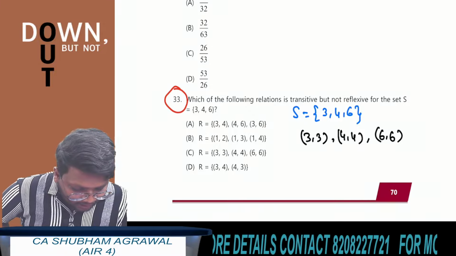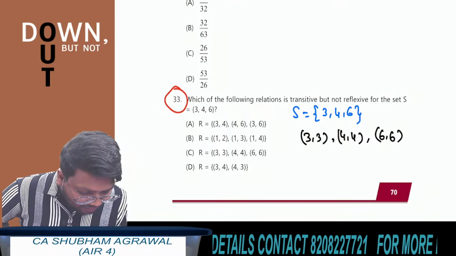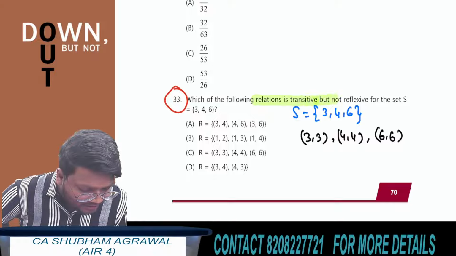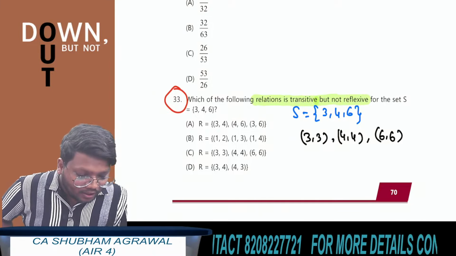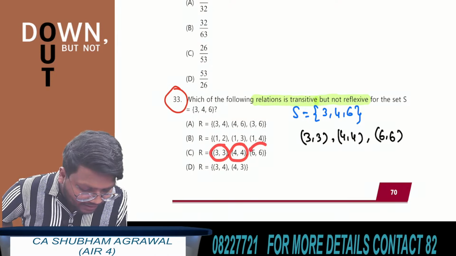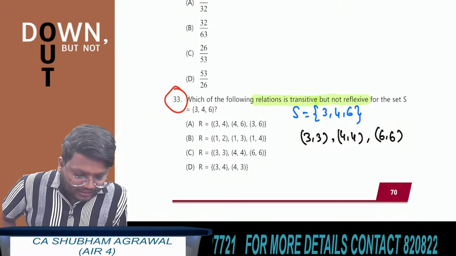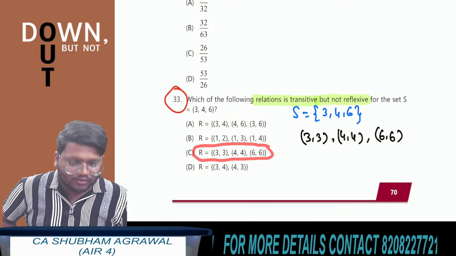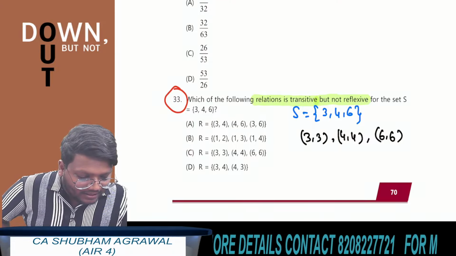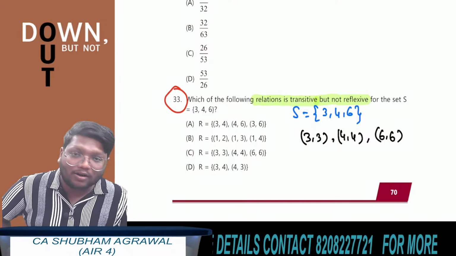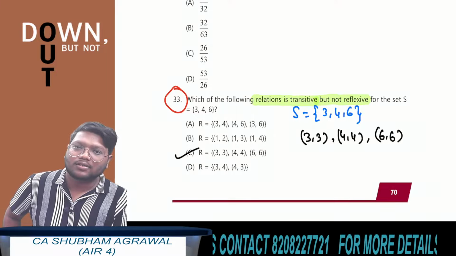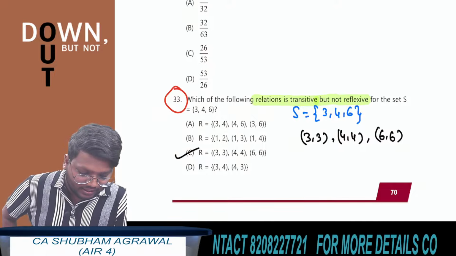Now see what they have asked: which of the following relations is transitive but not reflexive? You can see in this option C that 3, 3 is there, 4, 4 is there, and 6, 6 is there. So this relation is definitely reflexive. And what they have asked is transitive but not reflexive. So you can choose here option C as the answer, but